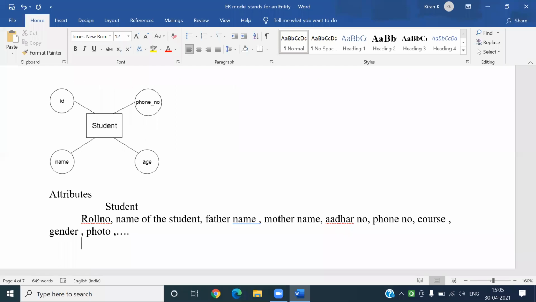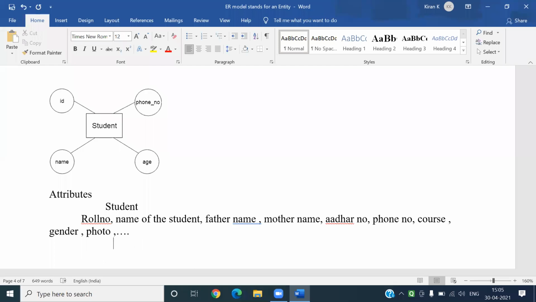Let us take another example, called family.